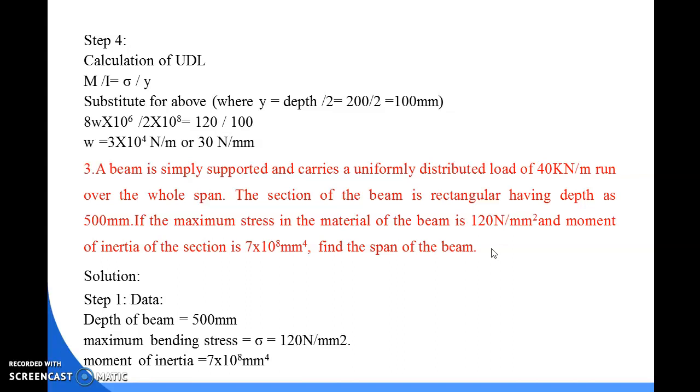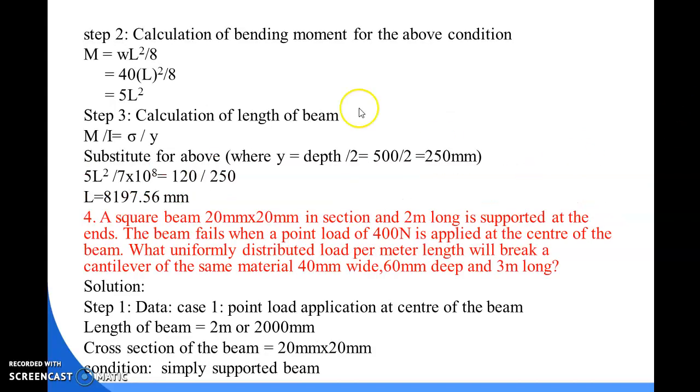First of all, in step 1 we have to write down the data given. The depth of the beam is given, which is 500 mm. The maximum stress value is given, which is 120 Newton per mm square. The I value is given, which is 7 into 10 to the power 8 mm fourth. And the load is given, which is 40 kN per meter. So now, in step 2, we have to find out